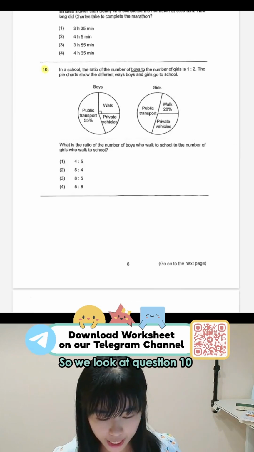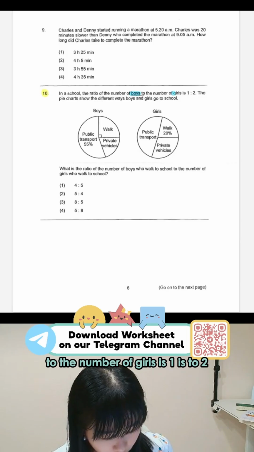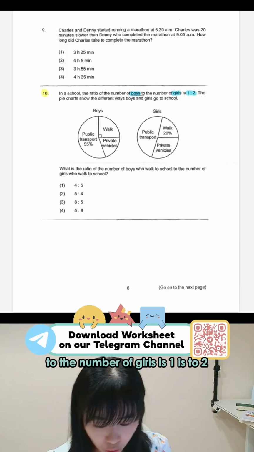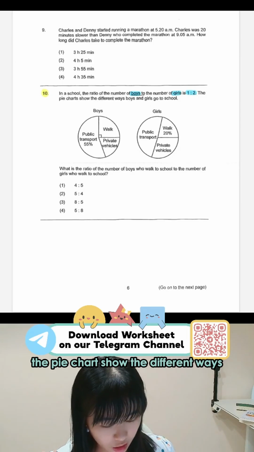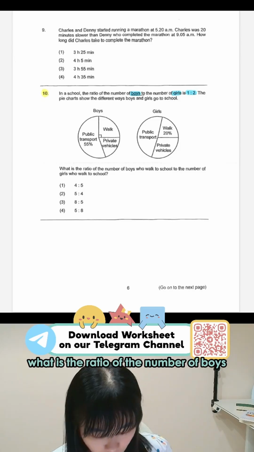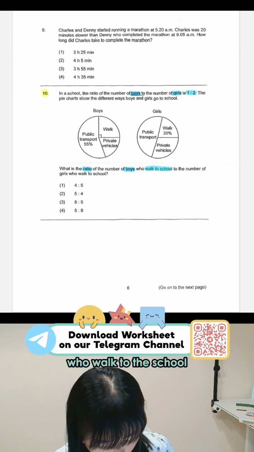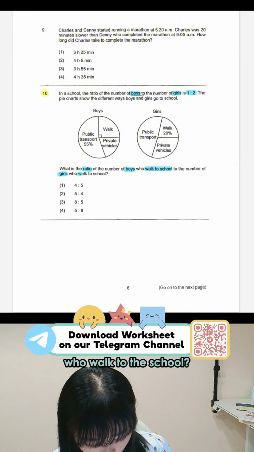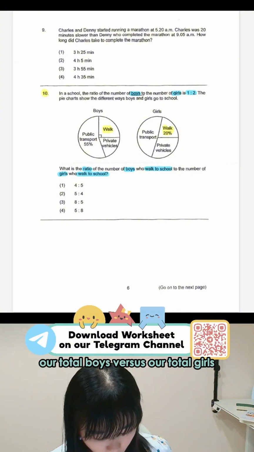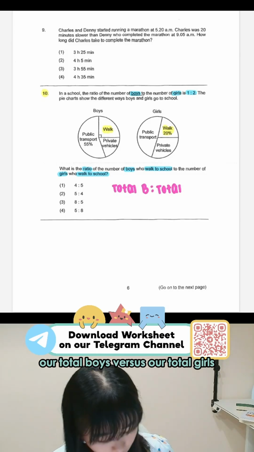So we look at question 10. In a school, the ratio of the number of boys to the number of girls is 1:2. The pie chart shows the different ways boys and girls go to the school. And they ask us what is the ratio of the number of boys who walk to the school to the number of girls who walk to the school. Okay, bearing in mind our total boys versus our total girls is